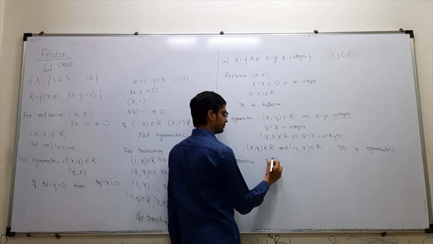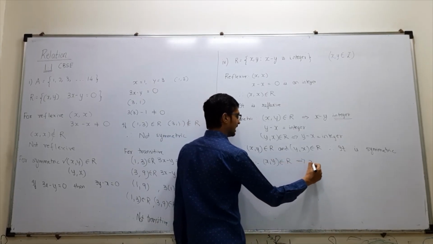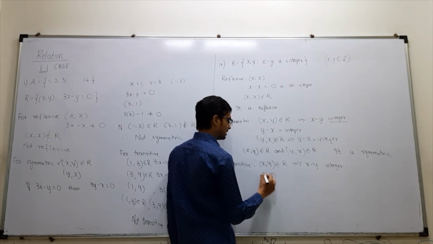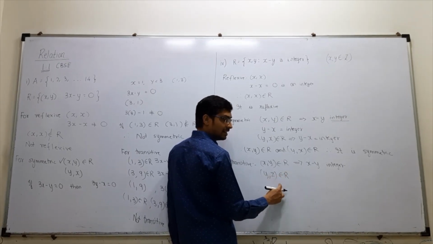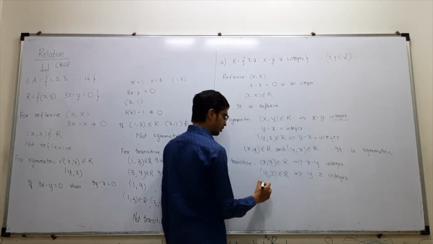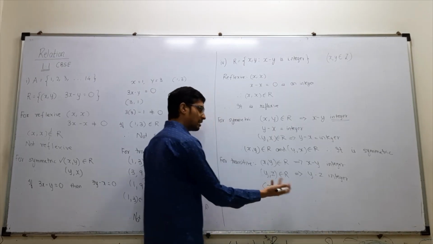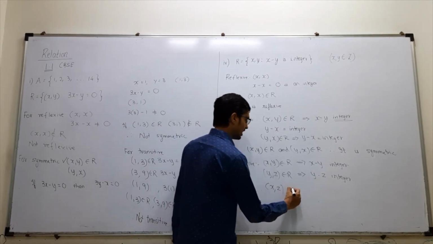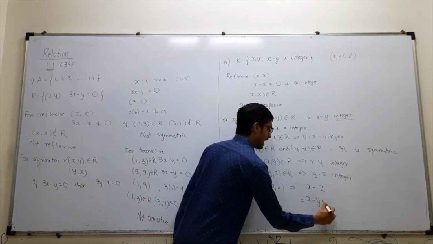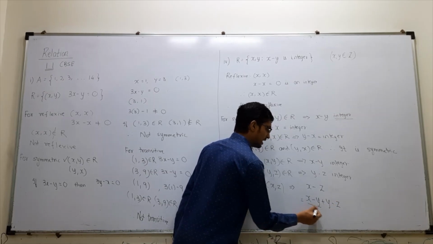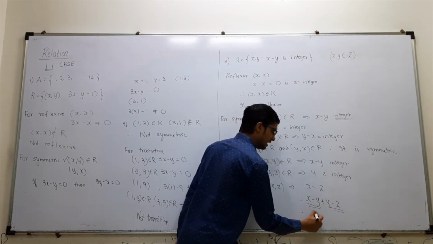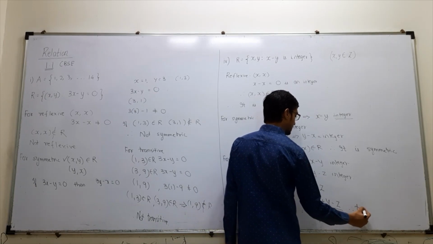Okay. Now let us check transitive. x, y belongs to R implies x minus y is an integer. Also I can say y, z belongs to R, because y is an integer and z is an integer, so it will imply that y minus z is also an integer. Now I want to check for x, z. If x minus z is an integer, how will you check? I want to talk about x minus z. So what will I do? Subtract y, add y. x minus y is an integer, y minus z is an integer, integer plus integer will be what? An integer. Therefore this is transitive also.